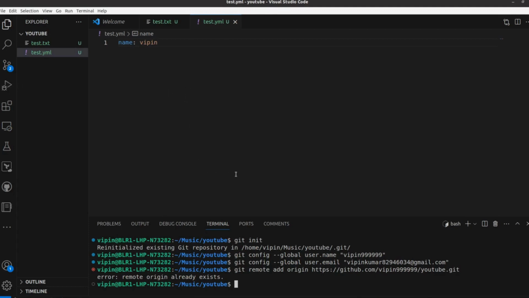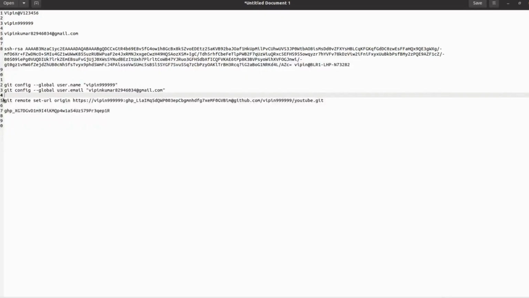To authenticate with GitHub, what command do we need to run next? We have to run this command: git remote set-url origin, then https with your GitHub username, then your access key, the personal access token that you have created.